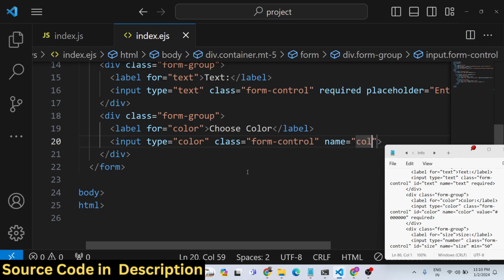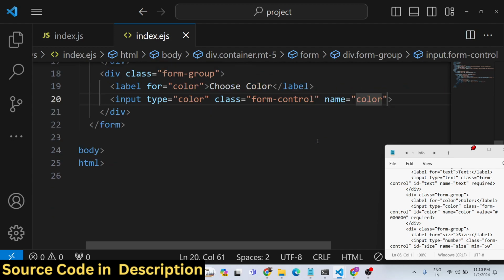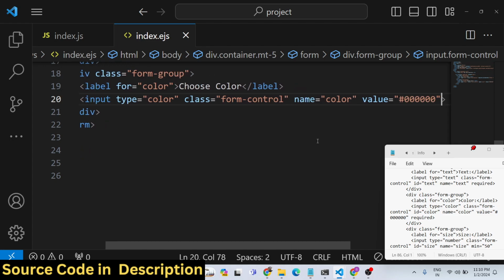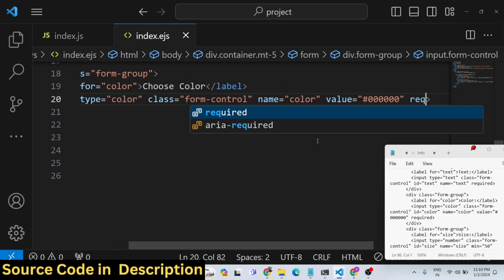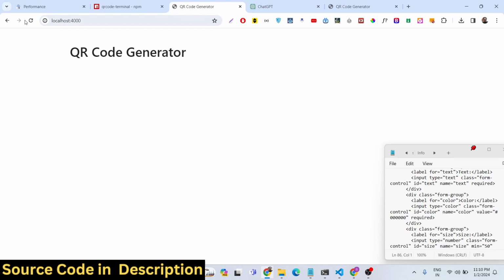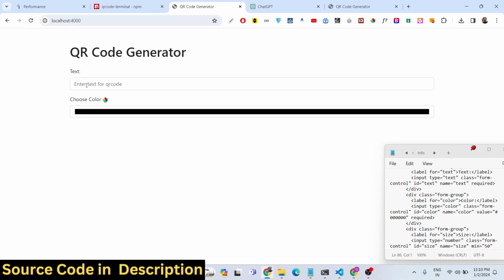The name parameter we will give color, and the default color we will give in hexadecimal, which is black, so 6 zeros. So this is also required. So if you check in the UI, basically if you refresh now, we will have two fields, the text field and